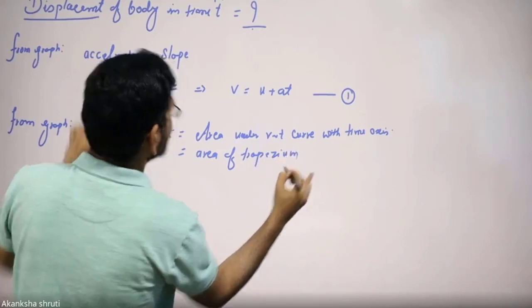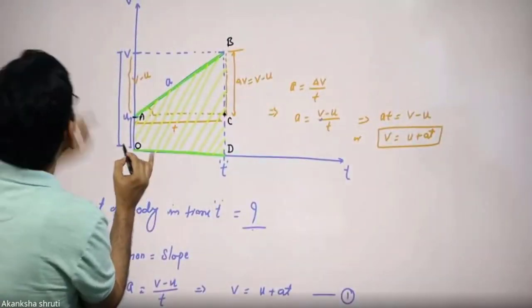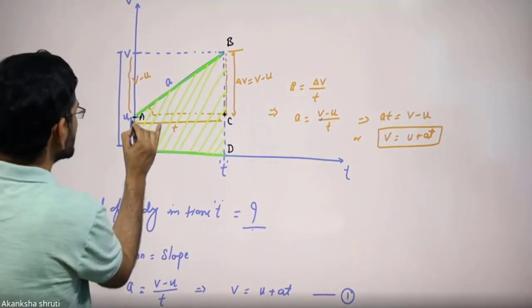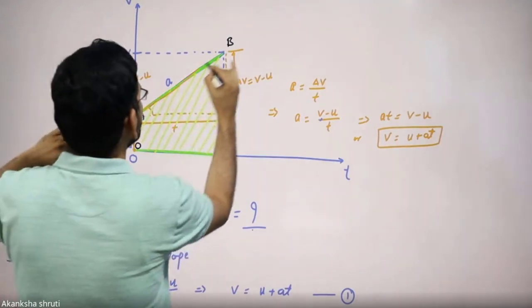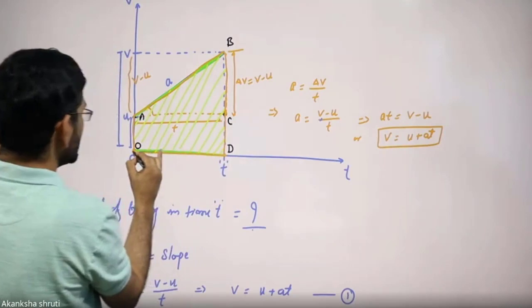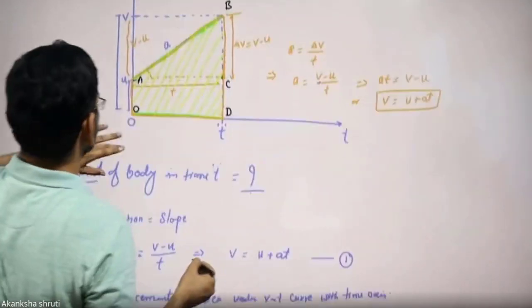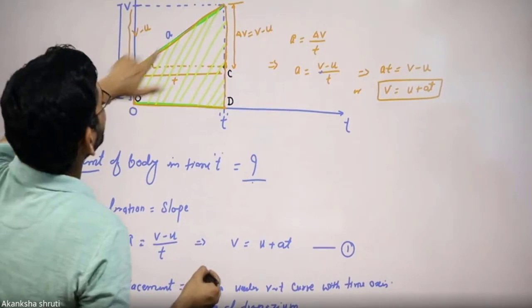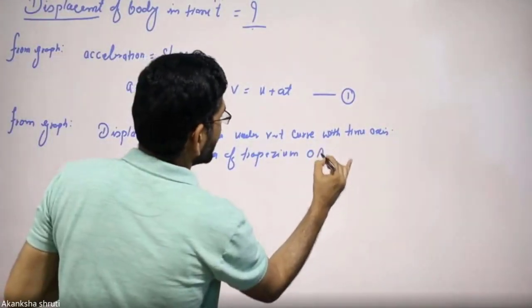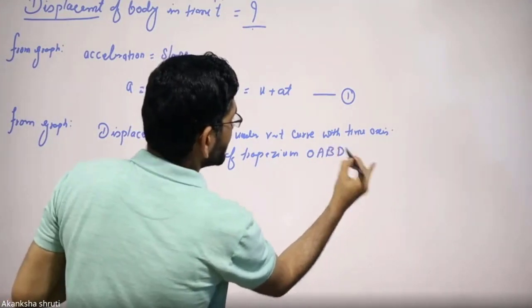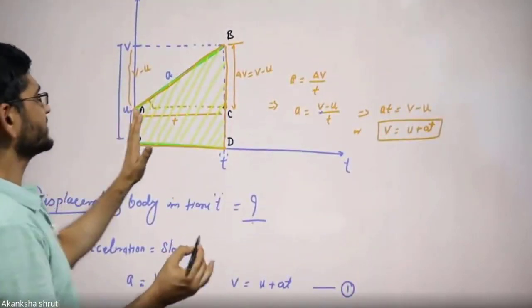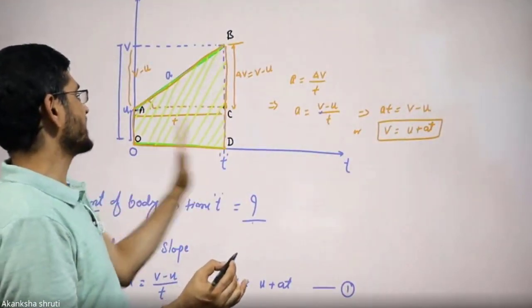This trapezium, give the name. If I start from this O, students, observe it carefully. If I start from O to A to B, B to this D, then back to O, this much area. So we have to write it as O, A, B, D. O, A, B, D. But the challenge is how to calculate this area.